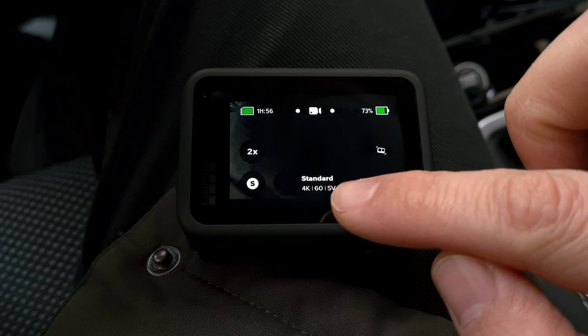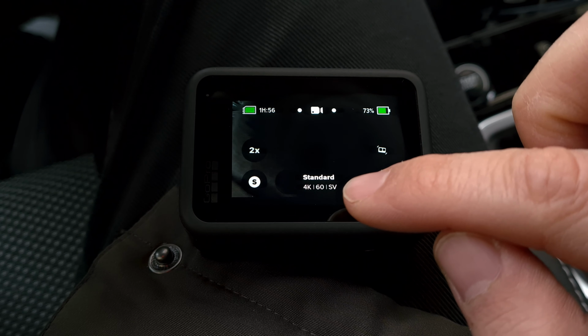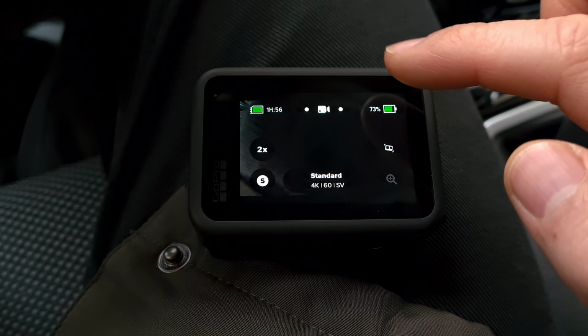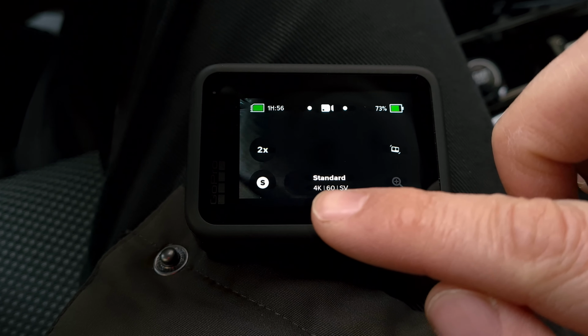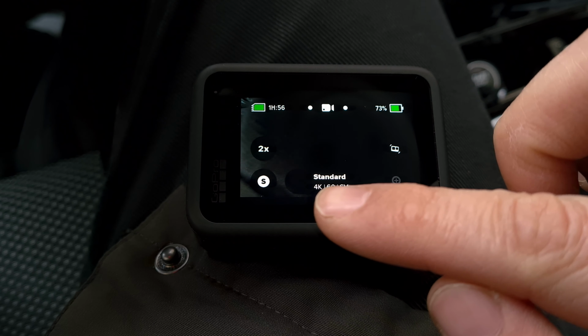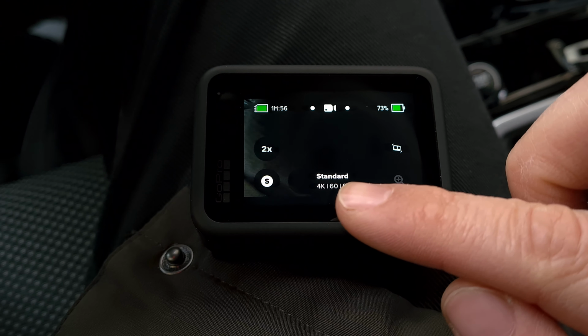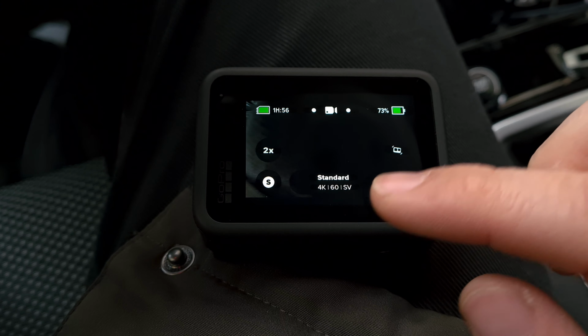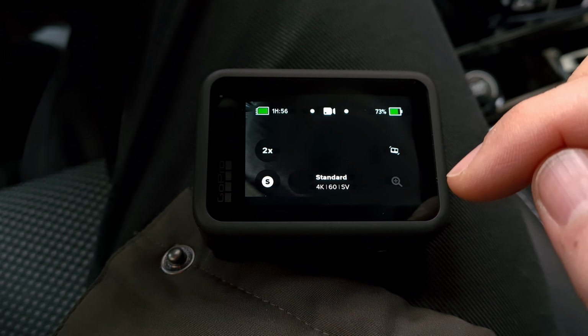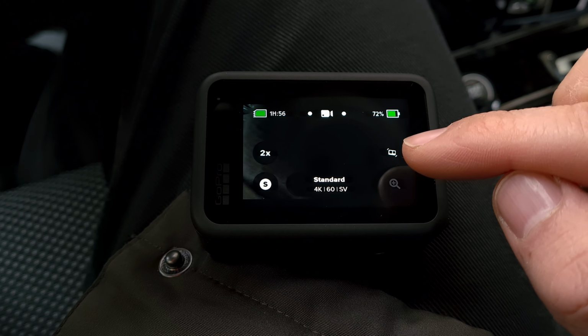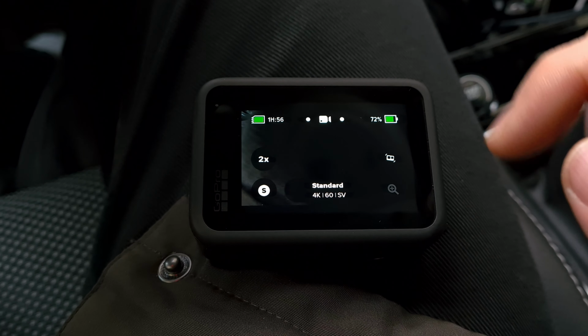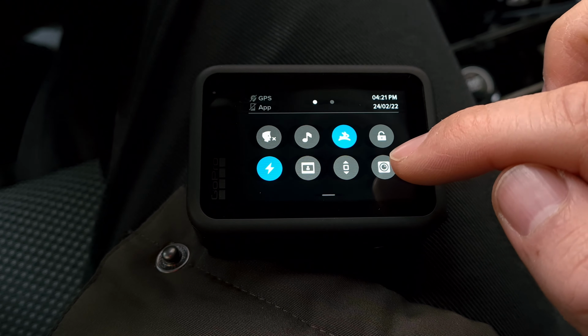Currently it's in 4K 60 and it's in the super view mode, and if I enable that max lens mode, then it will not be in 4K but in only 2.7K. 60 frames per second will remain, and super view will be downgraded a little bit, so the field of view will be somewhat less, and stabilization will not be available. So if I swipe down and enable this one,